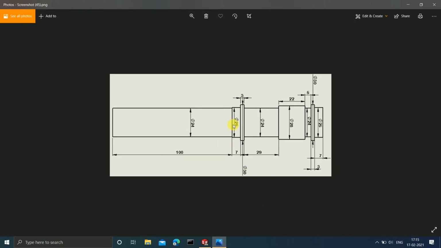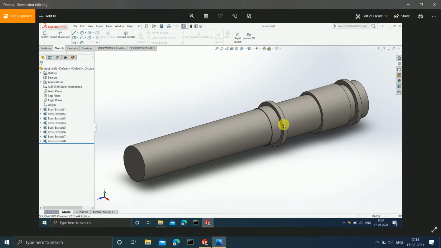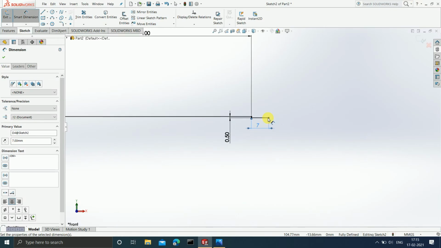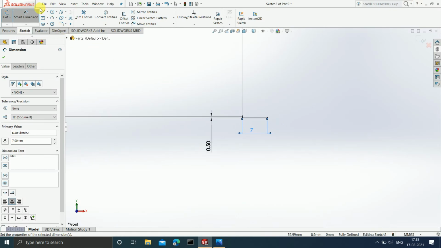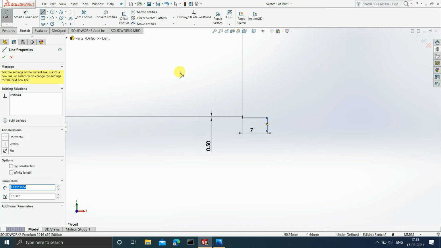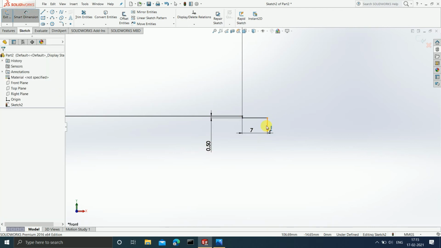Now see, here it is 25. After that we come across another circular face. See, another circular region here, and the diameter of it is 30. So we have now increased from 25 to 30. So the diameter has increased by 5 mm, and obviously your radius is now going to increase by 2.5 mm. See, I will draw a vertical line of 2.5 mm.